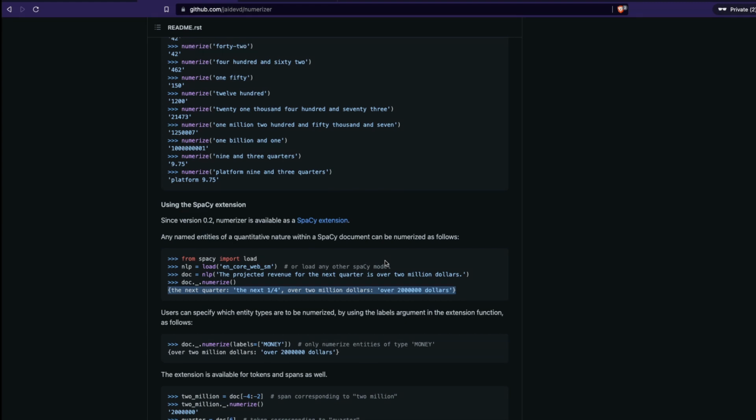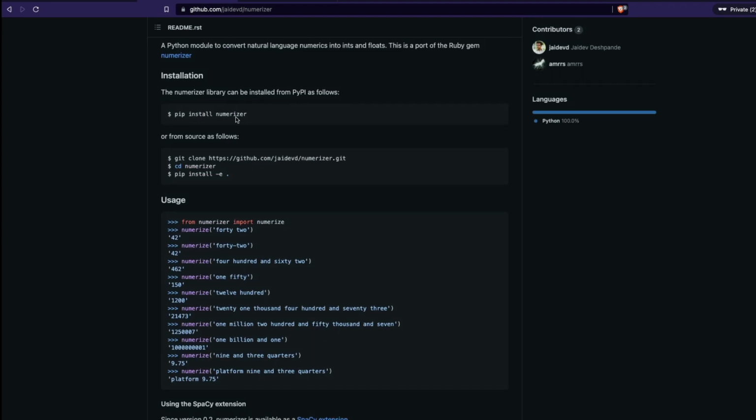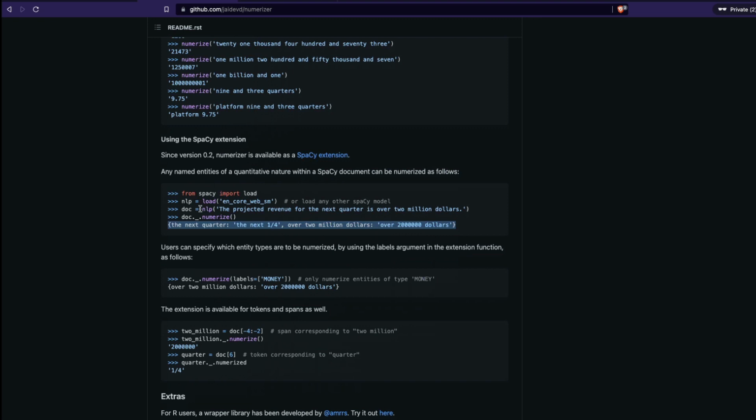Let me just repeat the workflow. You have to install Numerizer, install Spacy if you do not have it, load the libraries, load the language model, create a doc object from the text, and apply Numerize,